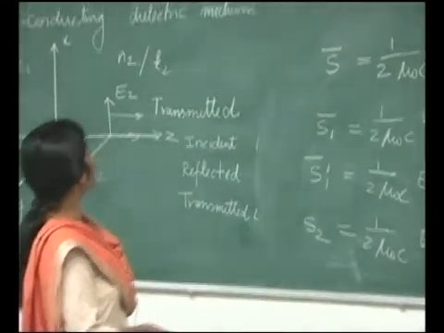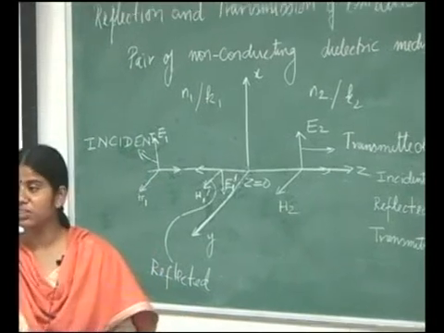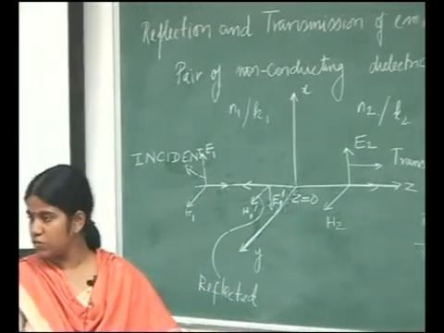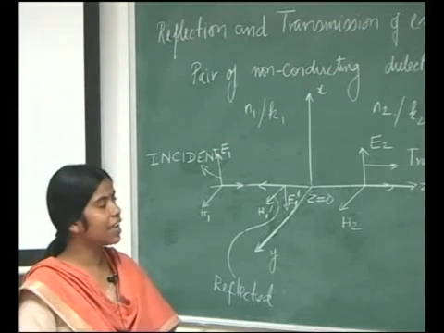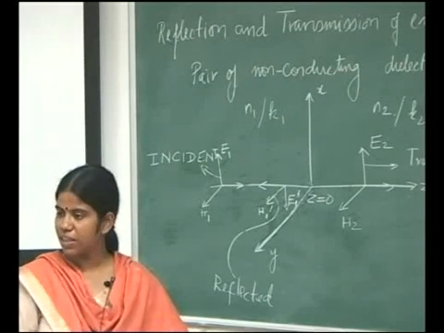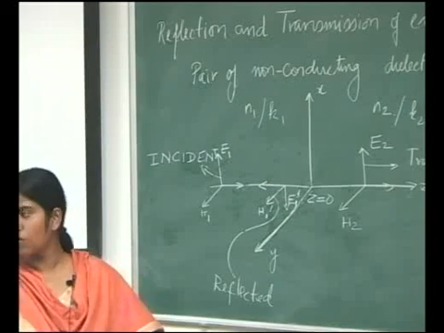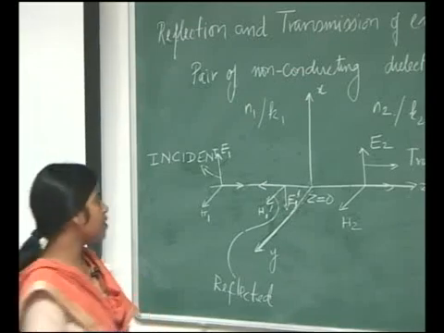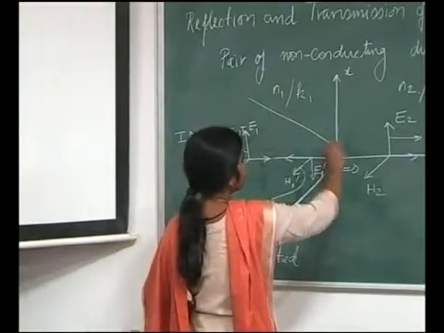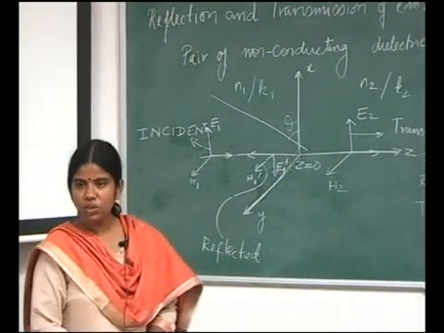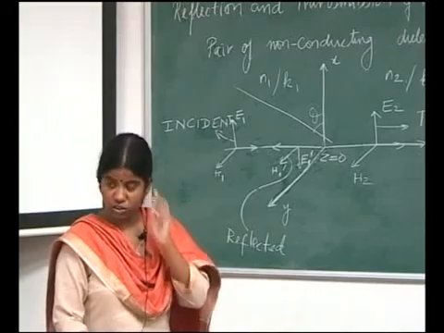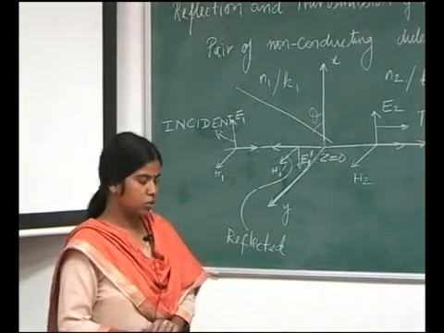So, this was all about the EM wave for normal incidence. The incidence was normal. But now in the next lecture we will take up the same thing, reflection and transmission of EM waves, for oblique incidence. That is, now the wave is not incident like this, but is incident at some angle theta, and we will see how these reflection and transmission coefficients would change. So, this we will do in the next lecture.